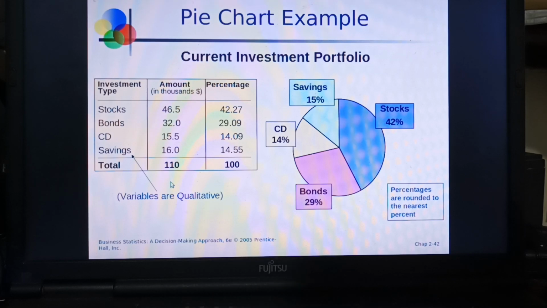Here's an example of a pie chart. Pie chart of a current investment portfolio. Types of investment: stocks, bonds, CD, savings. CD stands for certificate of deposit. It's a variant of savings, really. It's similar to savings, only that